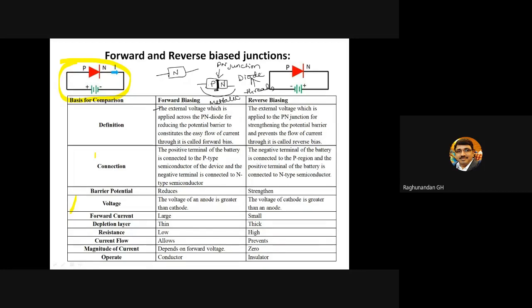Di means two. Okay, diode. So when you are going to have these two terminals, metallic threads, that forms a diode. Okay, this is a simple difference. Many of them don't know. Simply, we will be telling PN junction, PN junction. PN junction means the junction which is formed by P and N layer.